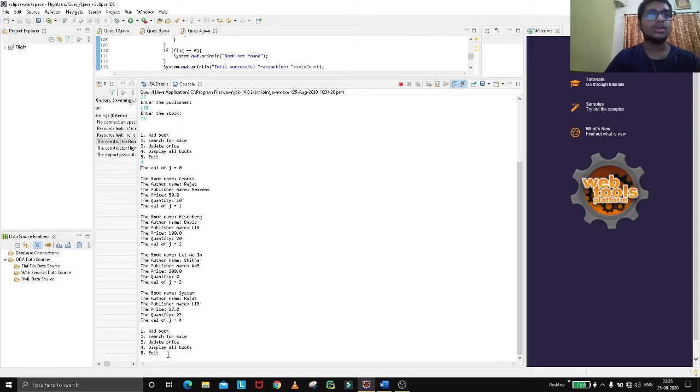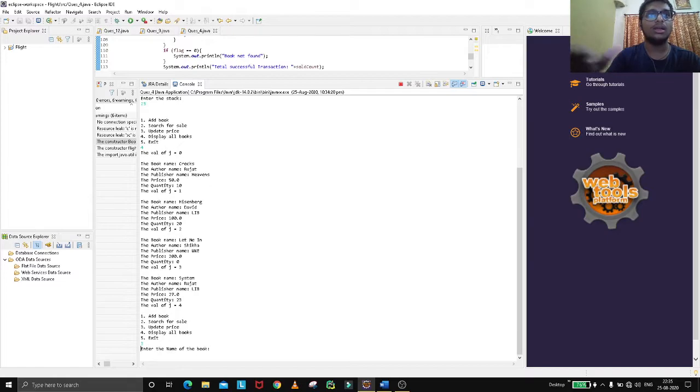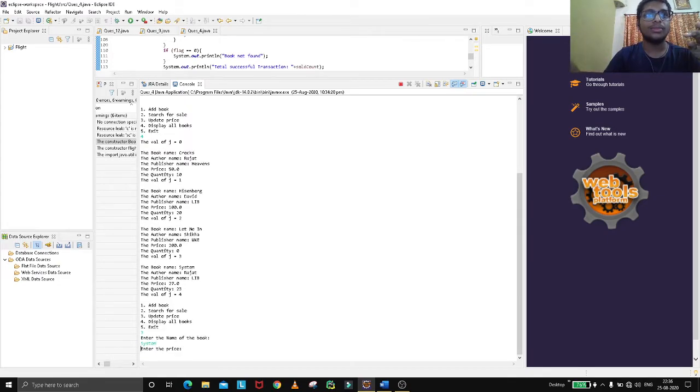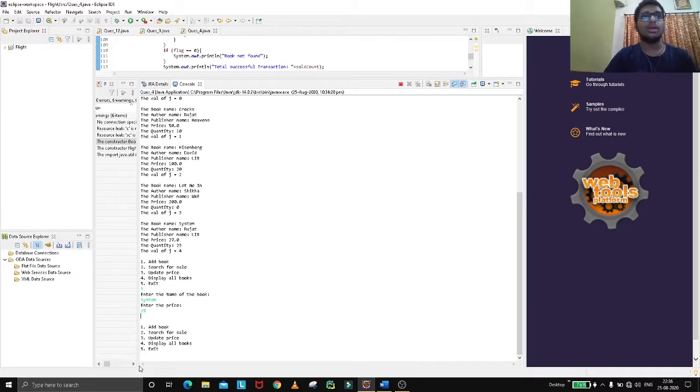now if the user wants to update, he will give 3, enter the name of the book, so system, enter the price 25. So here you can see I have entered the price 25.